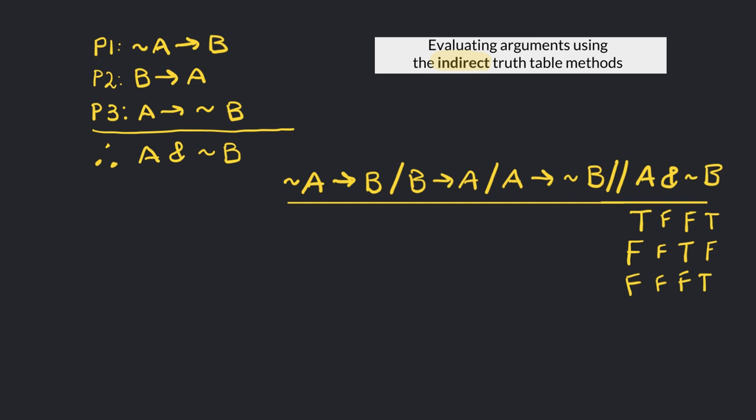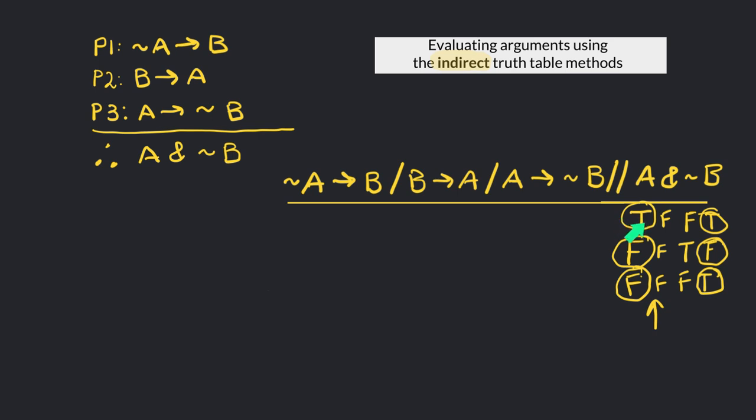In the first case, it would be when A is true and B is true. Second case where that conjunction would be false is when A is false and B is false. And the third combination would be where A is false and B is true. All of those combinations result in a false conclusion since it's a conjunction. What that means for us with the indirect method is that,